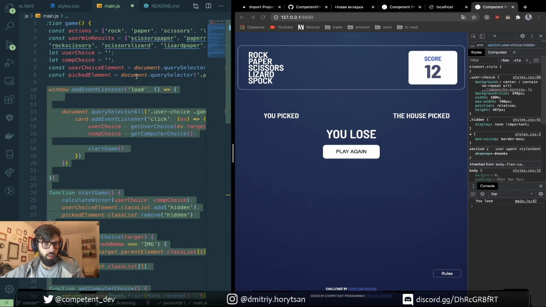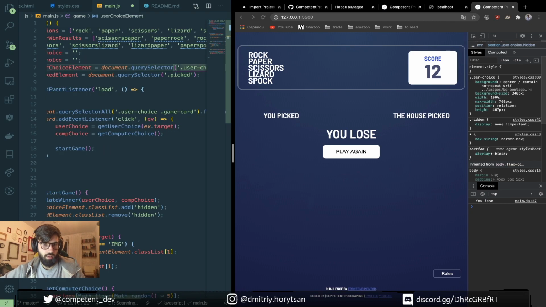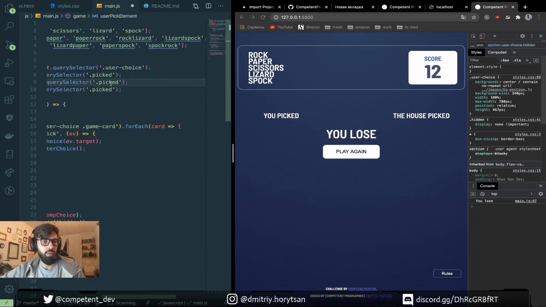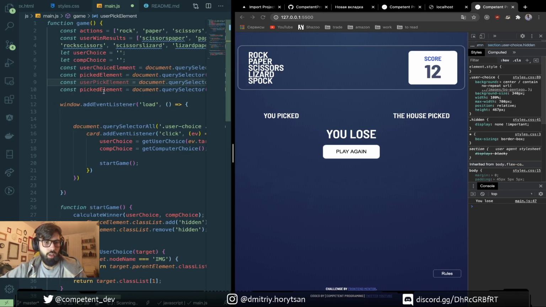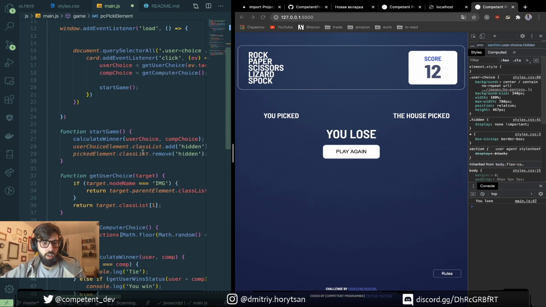It would be user pick element, and here we have user pick class, and here PC pick element. For this we have PC pick class, and